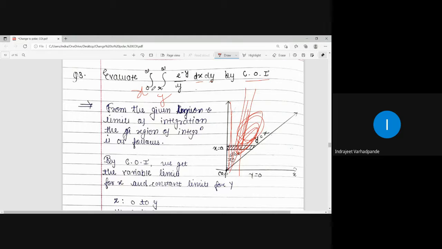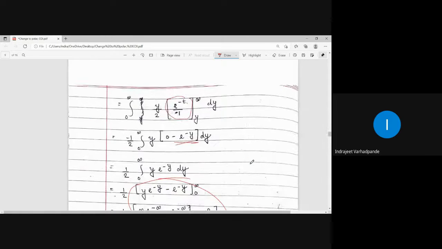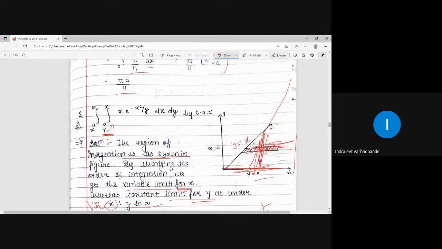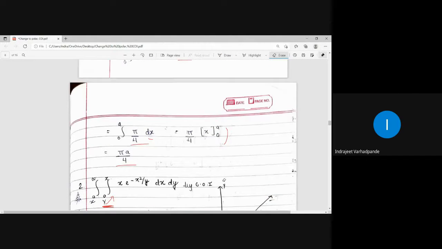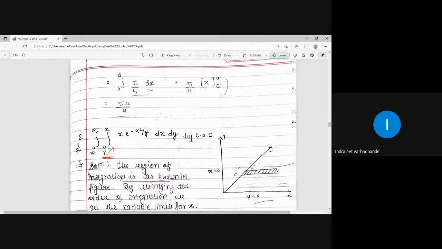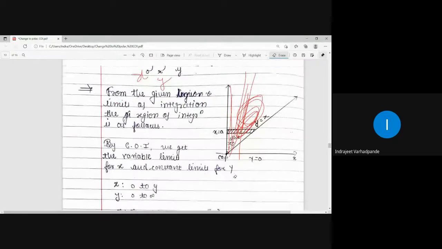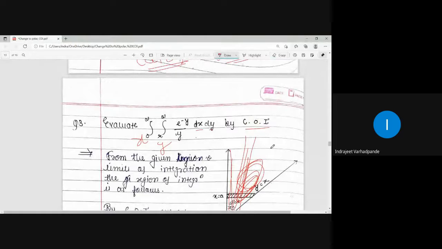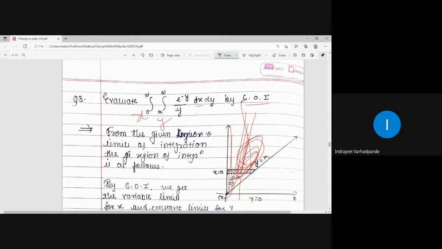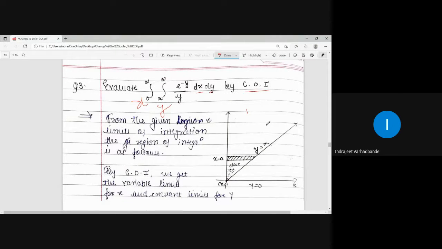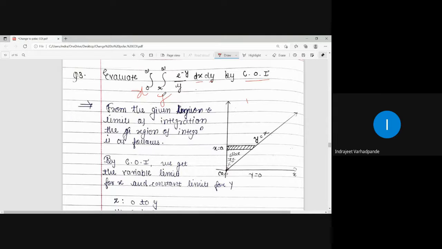In the earlier case it was 0 to x, right? This particular figure is already drawn, but there the condition, look here, it is more similar to this if you see, but here the limits were 0 to x and here the limits are x to infinity, and therefore that makes a difference. Here it is x to infinity, and therefore this upper half of the region will be considered and this portion will be left out or cut off, and that is how we try to draw the strip and then get the limits. Now the strip earlier, what will it be like? It will be vertical.